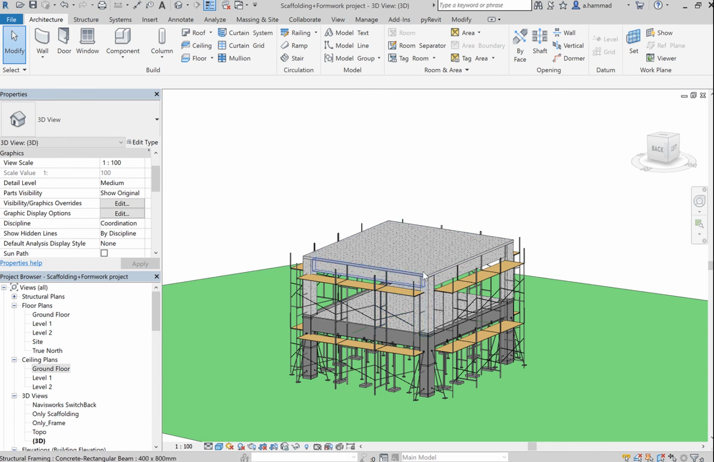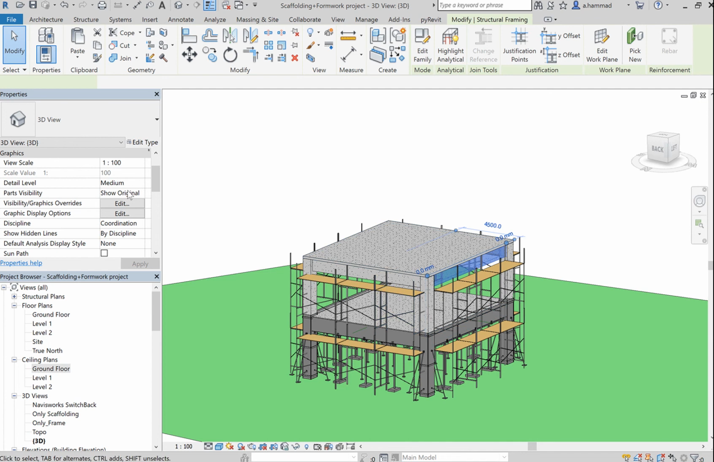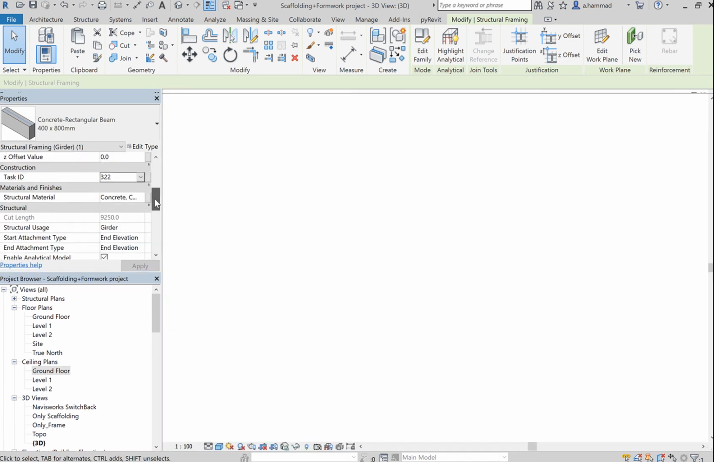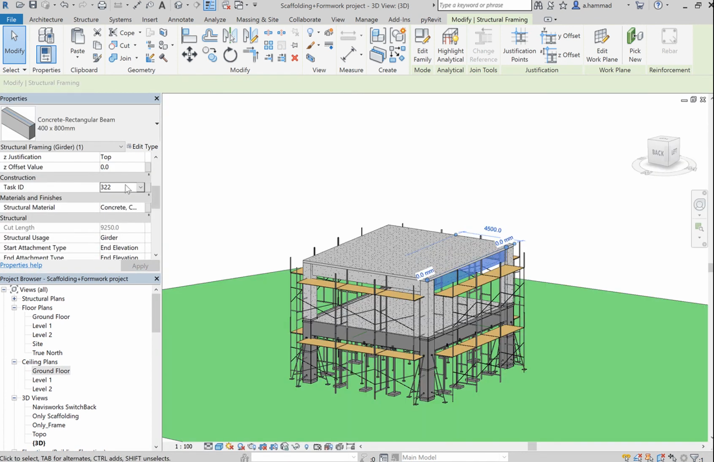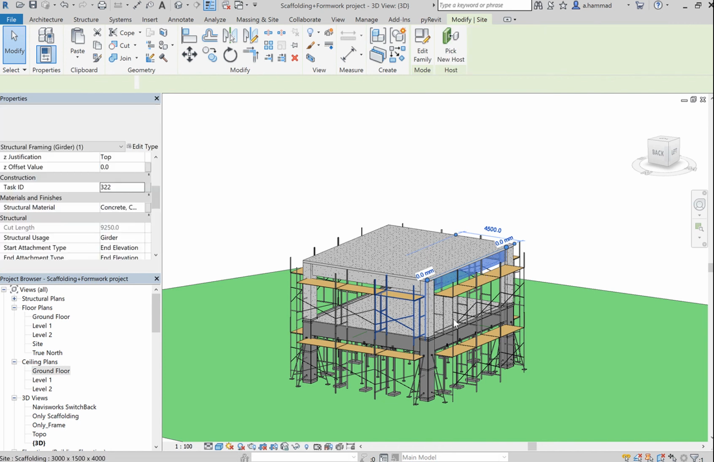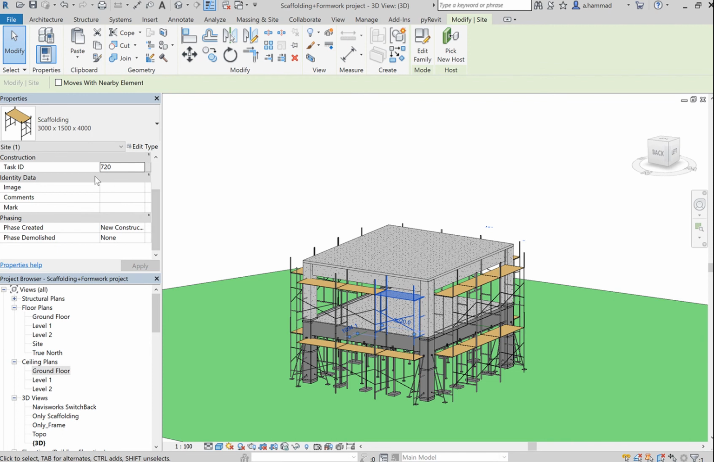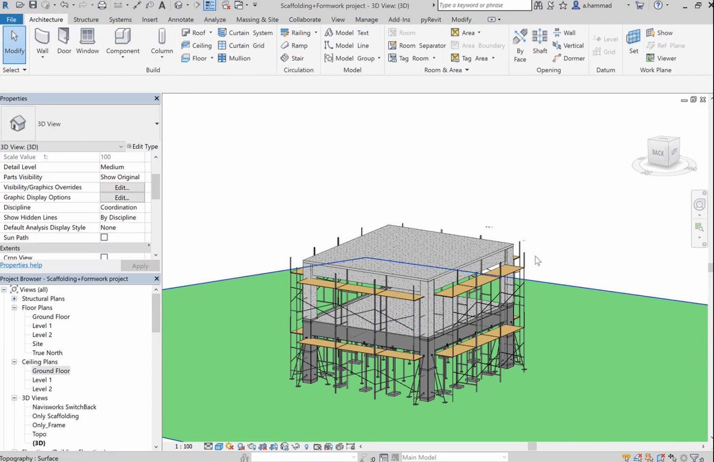Once you associate a task ID with all the objects, so make sure that each and every object contains a task ID value. So double check by clicking on all the objects in your 3D view and making sure that there is a task ID associated. So once that has been achieved, your next step is to actually move the model, export it